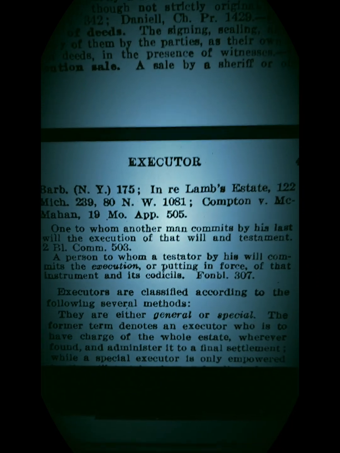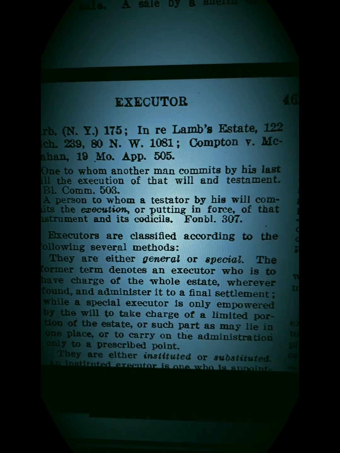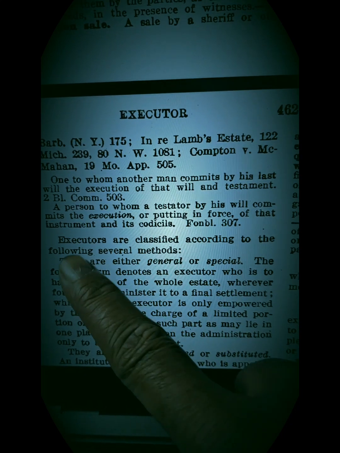Okay, which one did I use last time? I think I used the 1933 3rd edition. Yeah, that's right. It's on my desktop. I'm gonna show y'all something real quick. Okay, this is executor right here. Where I read Cornell Law, it says pretty much the same thing on this part right here, right? Appointed by a testator. We're going to skip down here. I want y'all to see this part right here, this last section on execution.